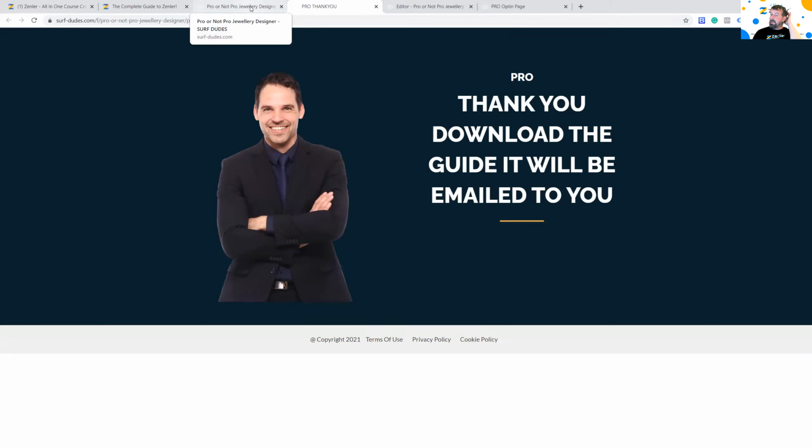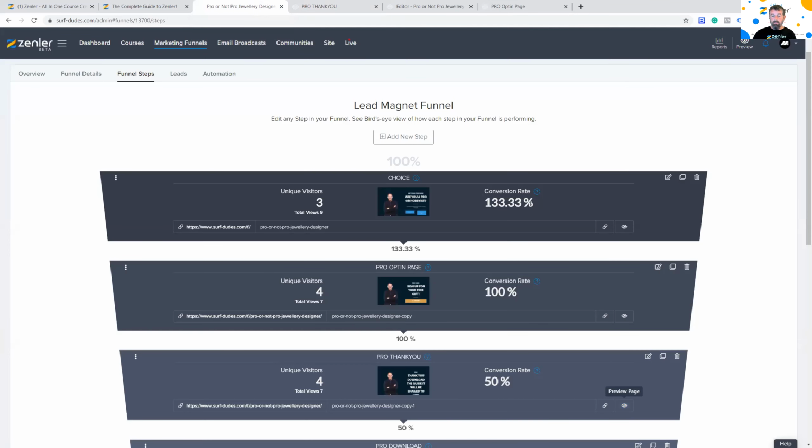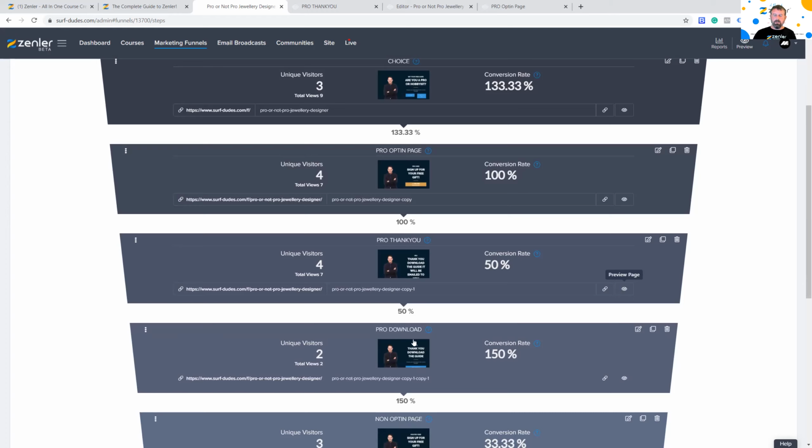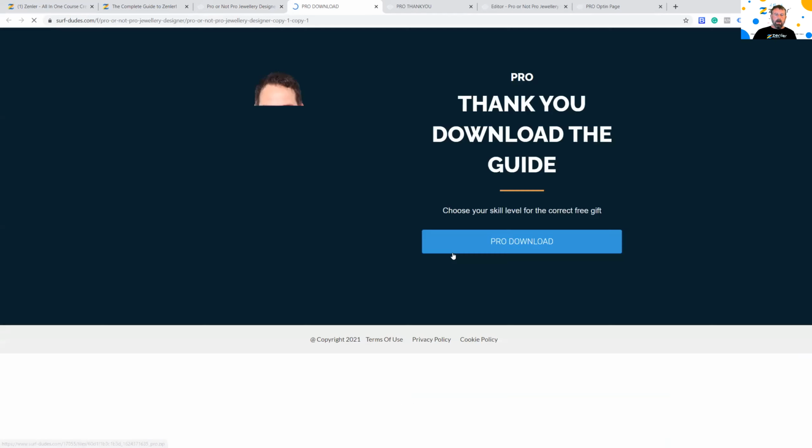In fact, the email contains a link to the actual step, which is the pro download. So let's have a look at that page. There we go. This links to a zip file with the PDF in, so once they click that, they can download it.